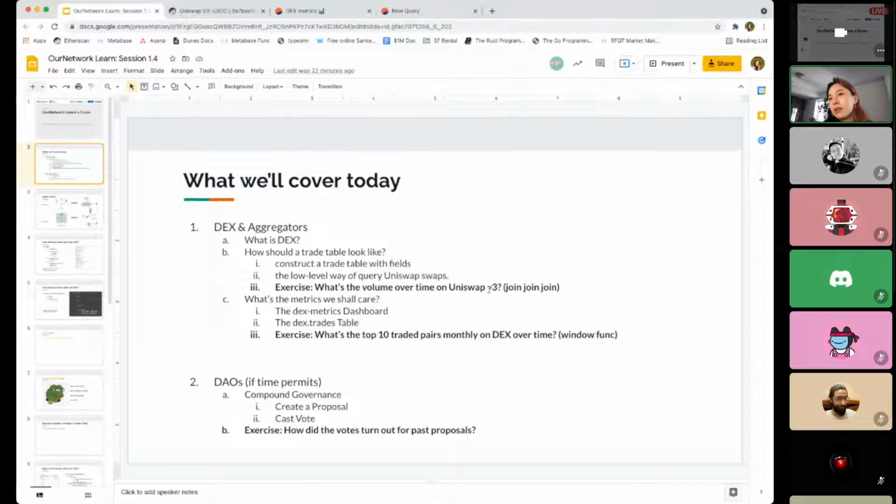And then we can take a look at this actual dex.trades table, cover a few concepts there, and then we can try a window function to come up with a solution for the question: what are the top 10 traded pairs per month on DEX over time? And then for DAO, I was going to try to walk through an example for Compound governance,